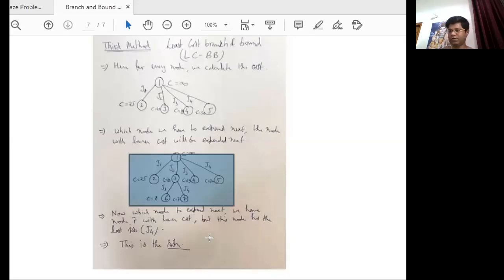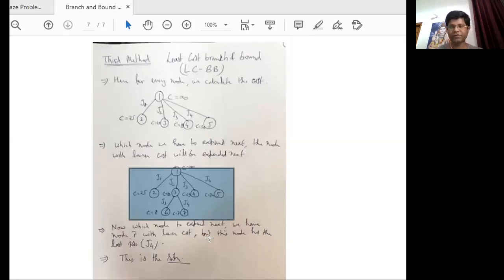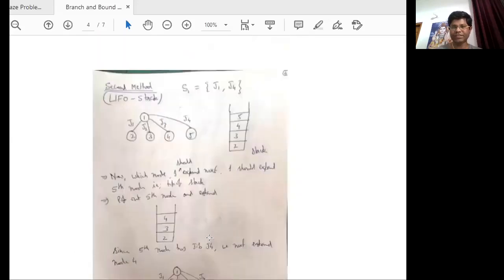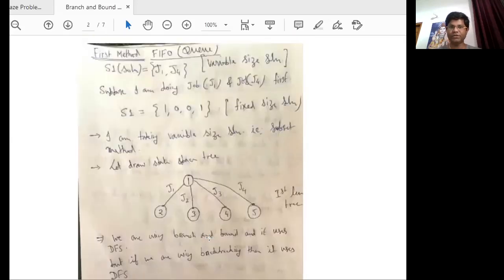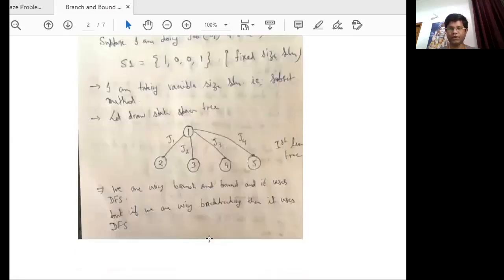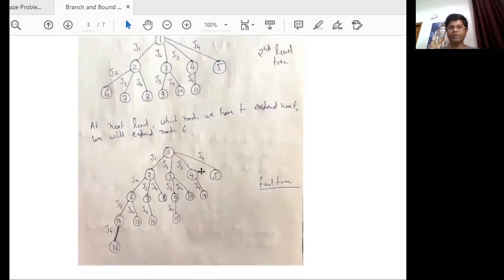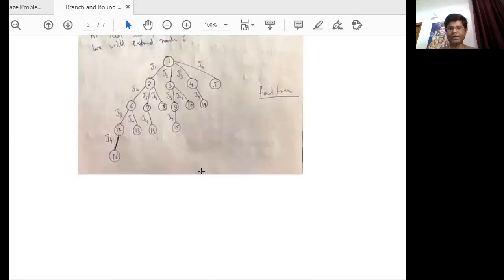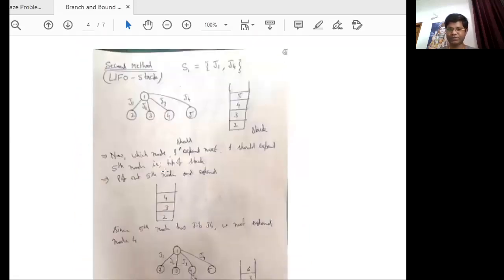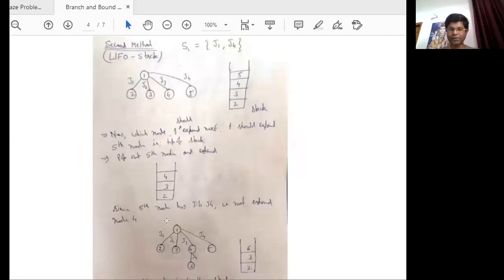So till now I have explained 3 methods using the branch and bound method. The first method uses a queue, the second method uses a stack, and the third method uses the least cost method. Hoping you will be able to understand the concept, after this class just go to Google Classroom, where I have shared this written material with you so that you will be able to see all the entries of jobs and node labels, so that it will be clear to you in understanding. I have written all the steps so that you will be able to learn by yourself.